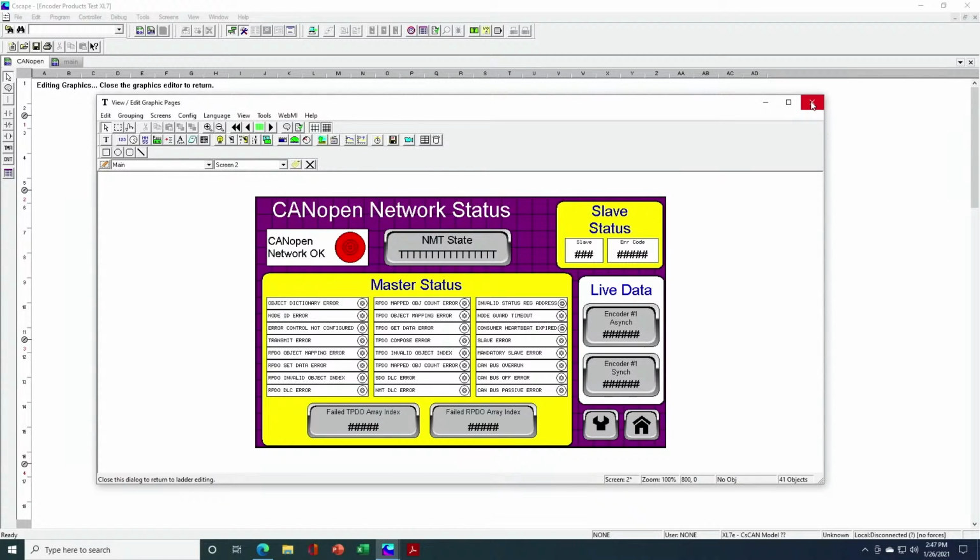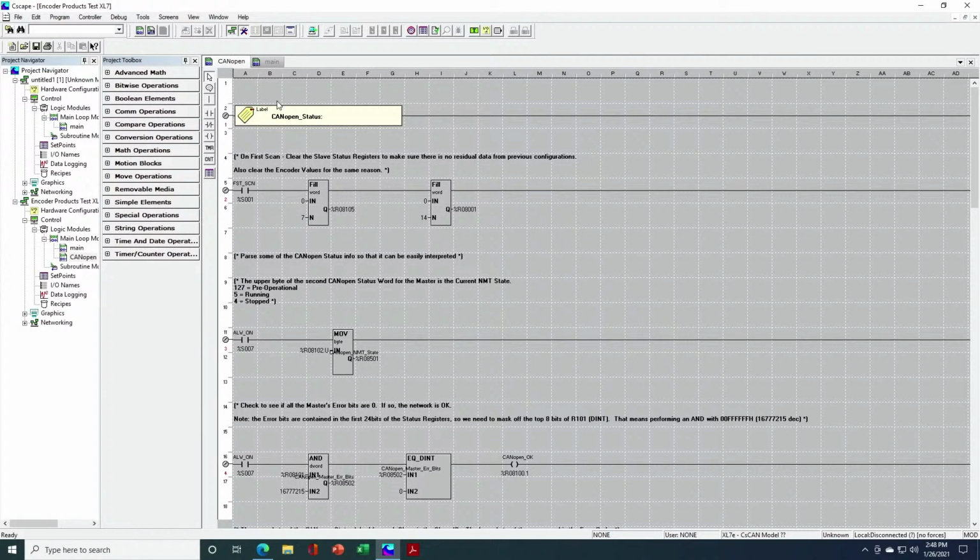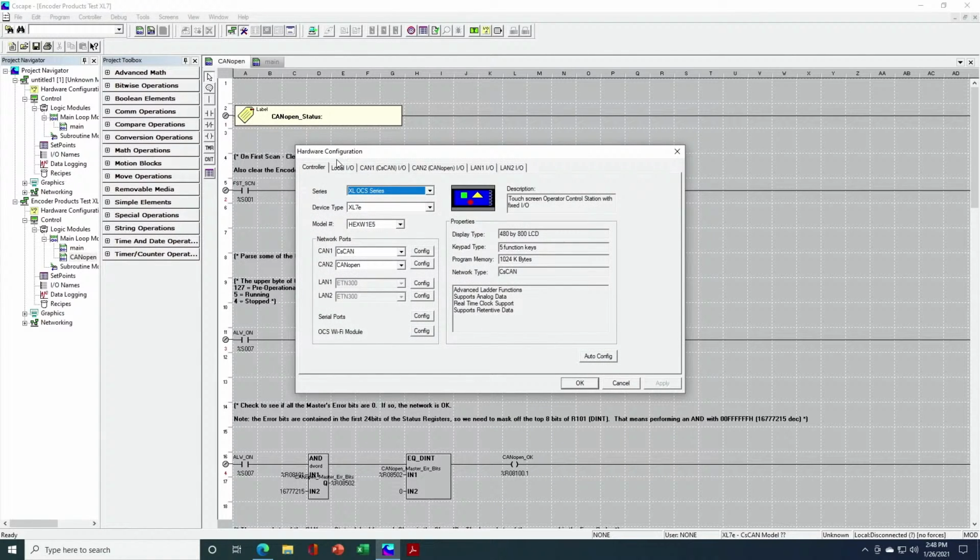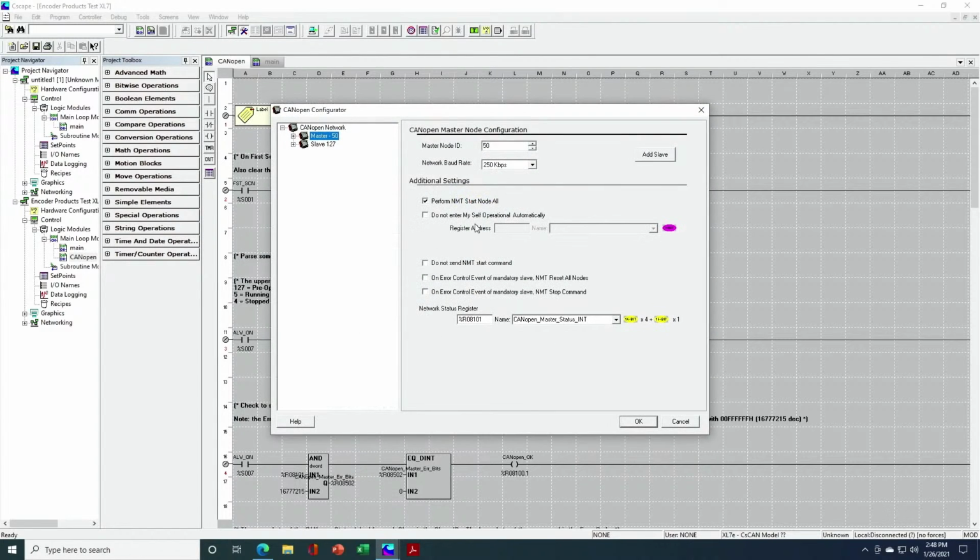It's going to be very, very similar whether we're talking about, again, Encoder Products or Turck or whoever else we might be talking about from the manufacturer standpoint. But in terms of the configuration, a lion's share of the configuration here from a CANopen standpoint isn't done in the I/O configuration. It's done in the actual CANopen networking configuration. So I'm not going to go to the local I/O tab for this configuration. I'm going to go here under CANopen on my CANopen network, and I'm going to get a pop-up box here, which is going to give me the ability to configure